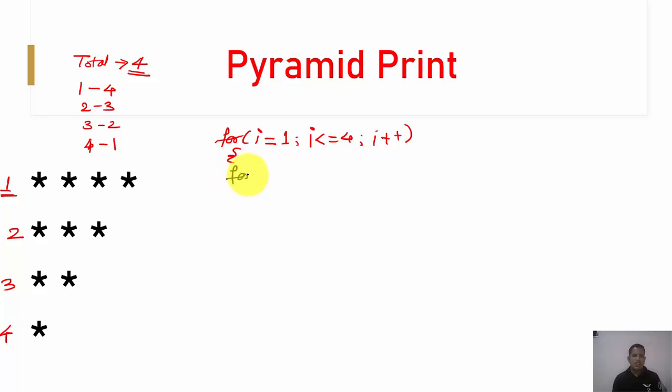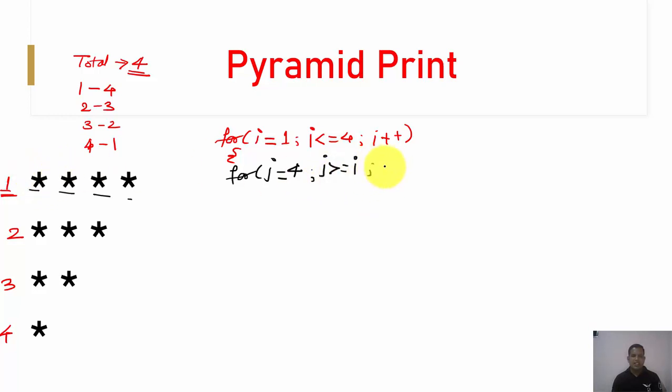This is simple. For j is equal to the total number of characters at line number 1, so 4 characters, j is equal to 4. This value is greater than the line number, and at the last line, number 4, I have only 1 character. So I put the condition j greater than or equal to I. Initially it is 4 and 1, whether 4 is greater than 1, yes.